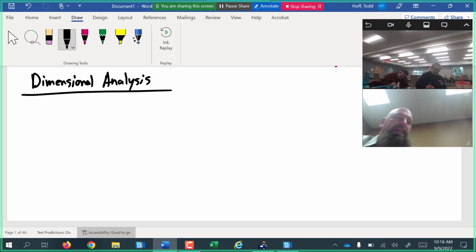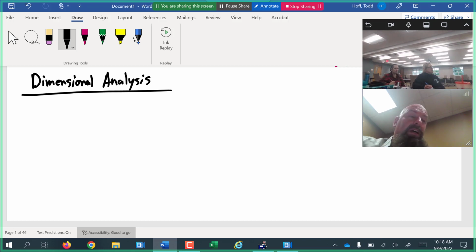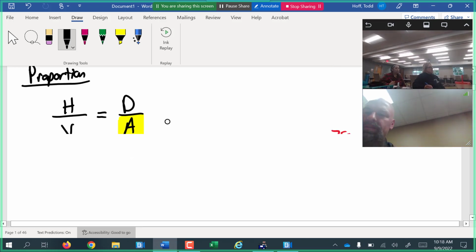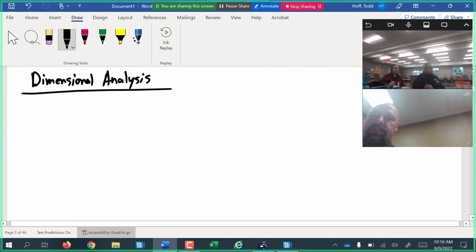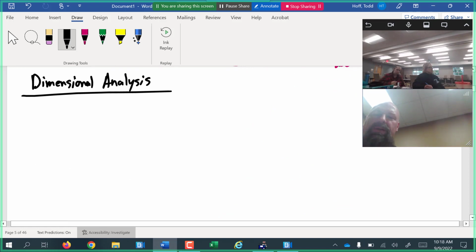Dimensional analysis, one of the weaknesses and the beauty of dimensional analysis is you can perform it without knowing anything about the substances you are working with. You are literally, just like in our measurement conversions, lining up the units so that they cancel out appropriately and just knowing the equivalencies. So I'm just going to start out with an example to show you the dimensional analysis. Dimensional analysis will always start